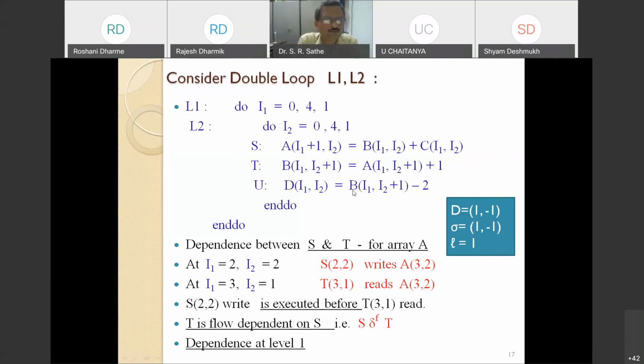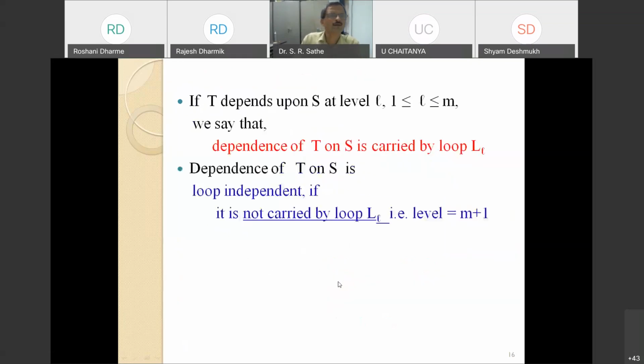Okay, so therefore we notice that S22 cannot, T31 cannot execute first, because otherwise it will end up reading the old value of A[3][2]. So you must have the S statement first writing A[3][2] and T31 then reading that value. Okay, so I'll just go back